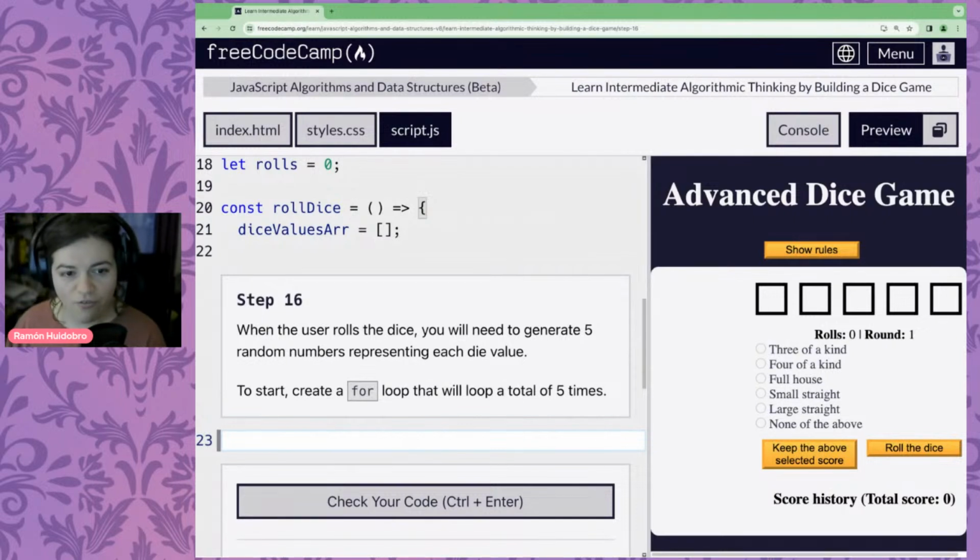So we're going to create a for loop that will loop a total of 5 times. Now there's a number of ways that we can approach this. I'm going to do this with a good old-fashioned for (let i = 0; i < 5; i++), so i goes up every round.